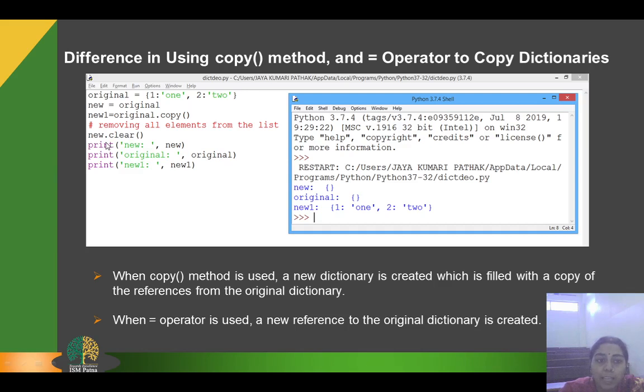Then when I print the values, new and original both get removed, but the data inside the new one remains because it created a copy of the original one. So this is the biggest difference between copying the contents of one dictionary to another using the assignment operator and using the copy function.